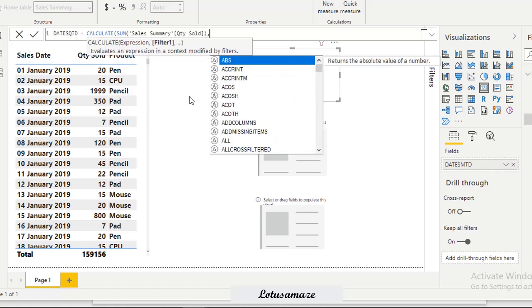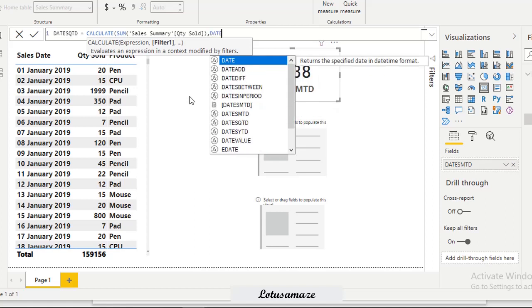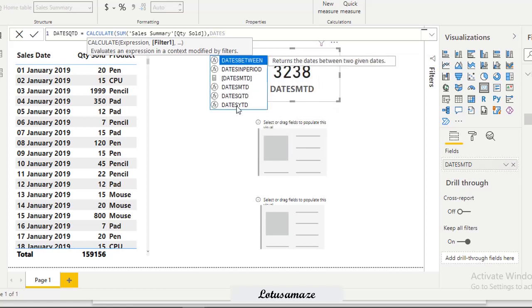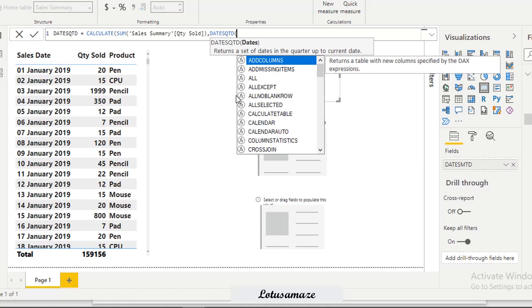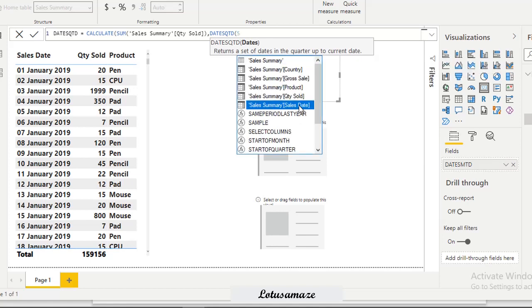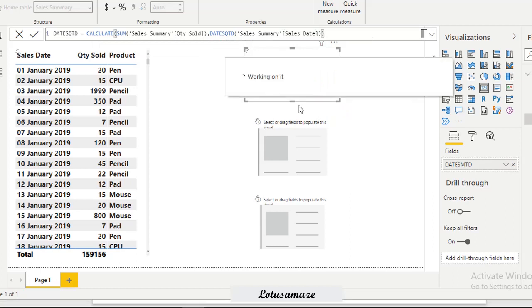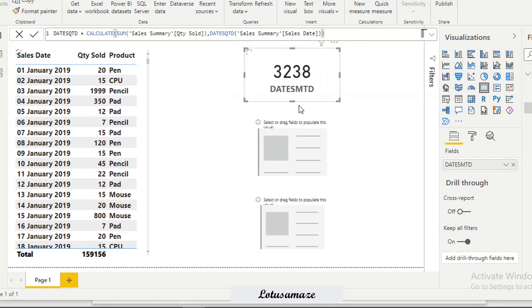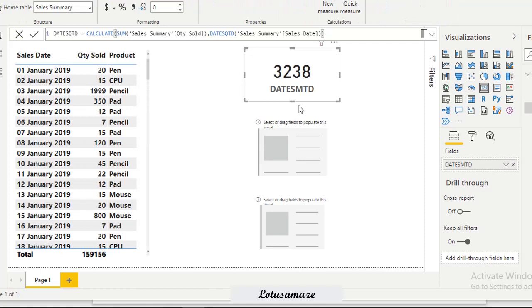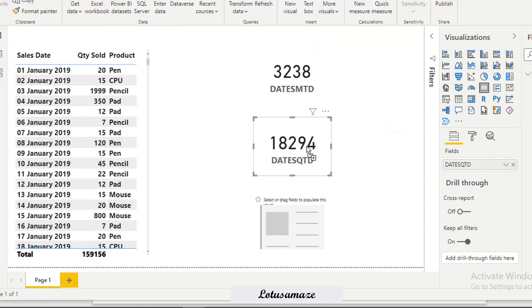Second parameter, DATESQTD, sales date. Enter. So the DATESQTD measure is created. Now drag and drop. The figure is 18294.